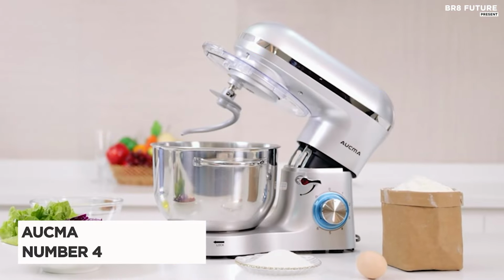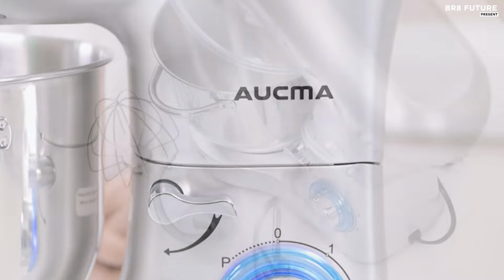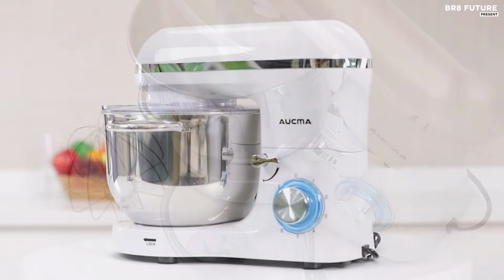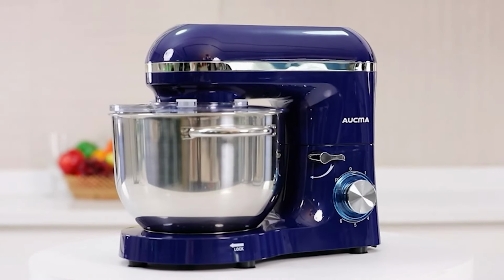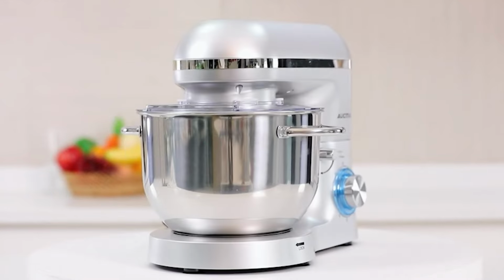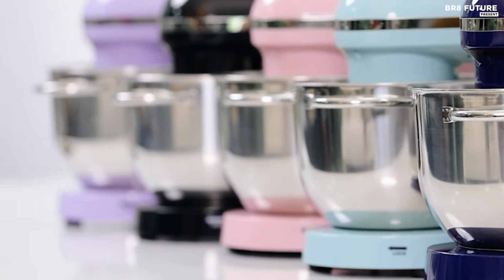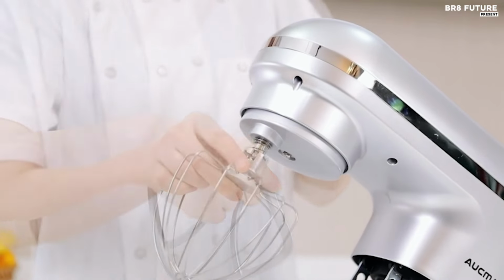Meet the Aucma Stand Mixer, ranked as the number 4 best stand mixer for its exceptional performance and versatility. Crafted from durable materials including ABS plastic, stainless steel, and die-cast aluminum, this mixer boasts a powerful 660-watt pure copper motor and 6 optimized speeds with a pulse function, providing access to a myriad of recipes while operating quietly at